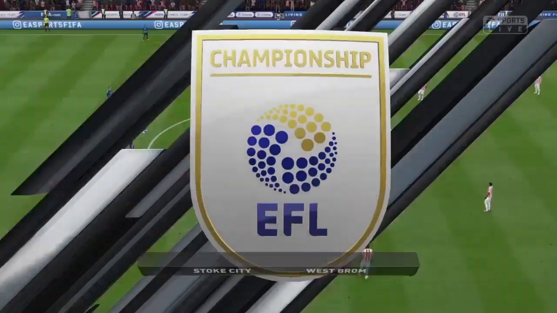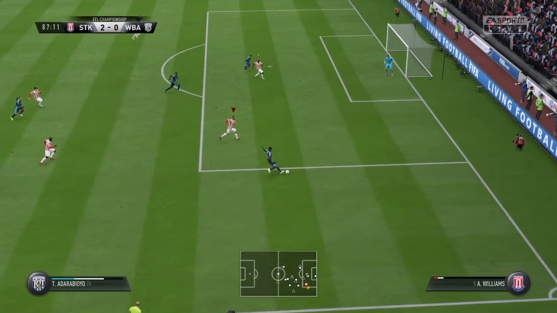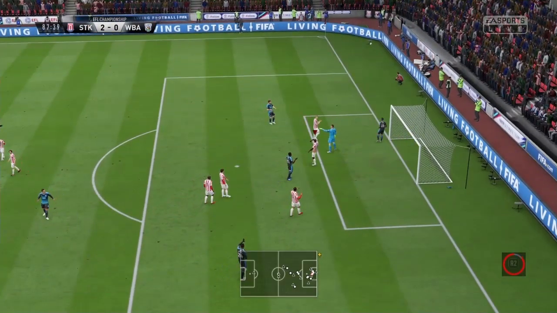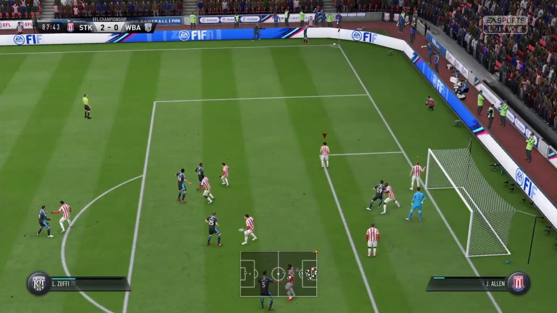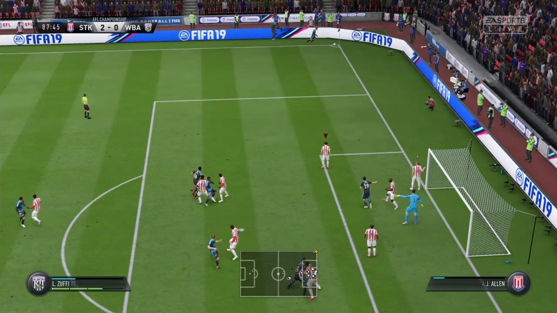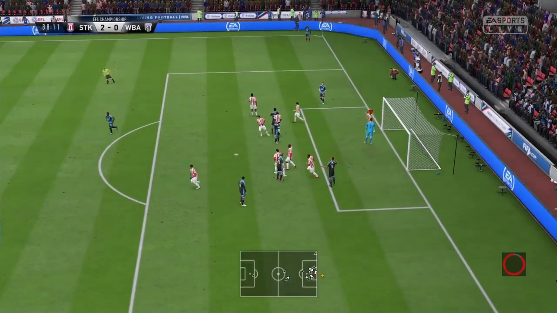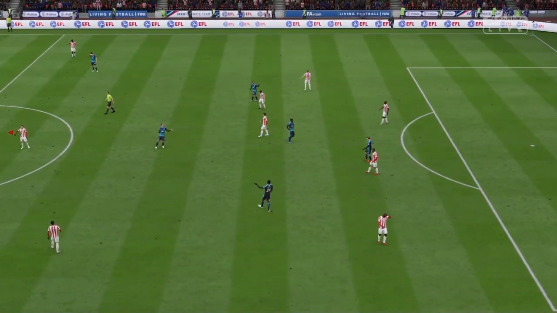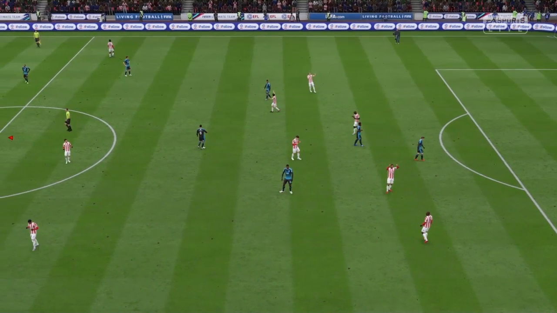It's Stoke City 2, West Brom 0. Wilhelms got to get back here. It's a low cross and it fell there to the striker. I'm not sure who the number is, but it is a corner to West Brom. It's headed over the bar. It's headed away. Milanowski hits it back up the pitch, and